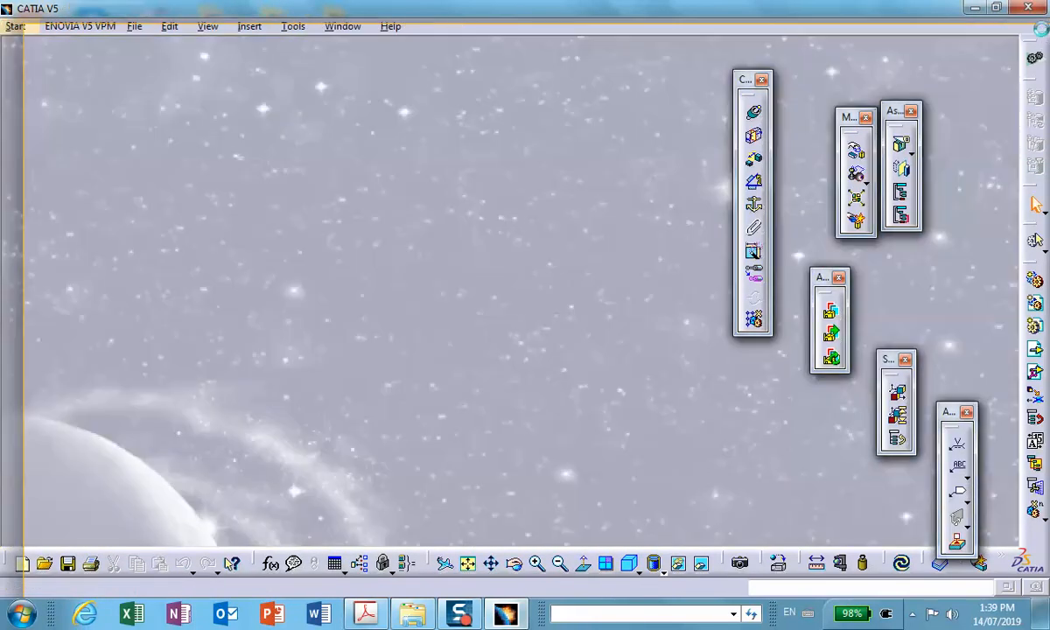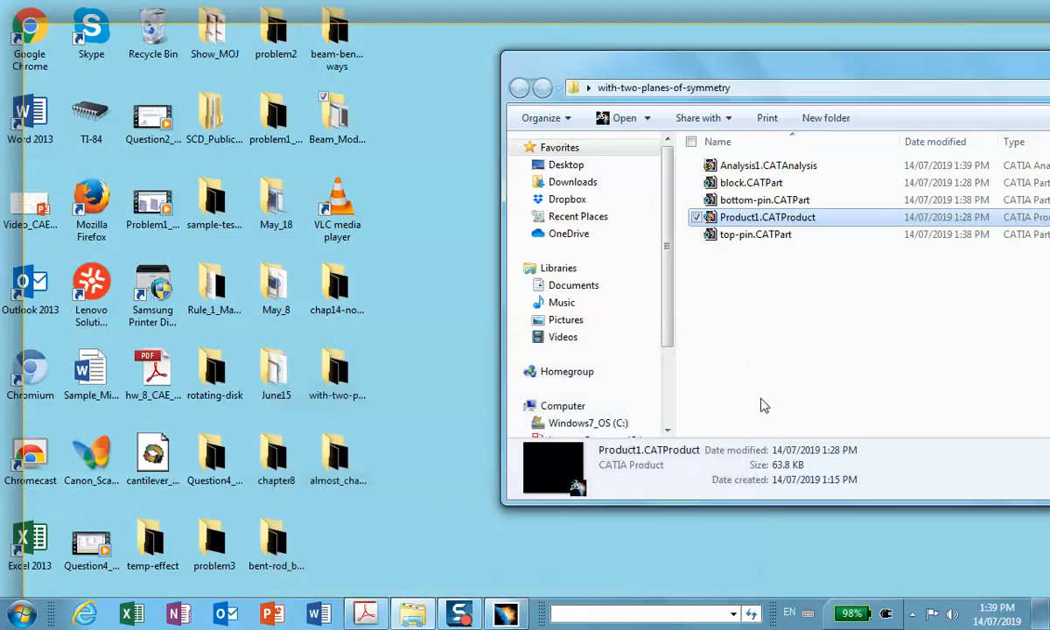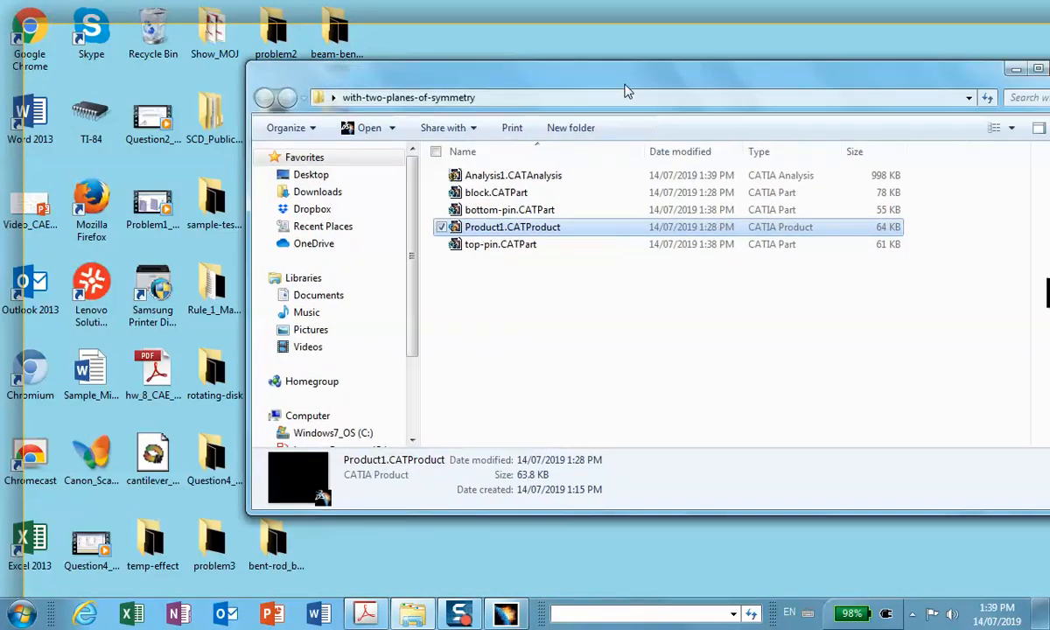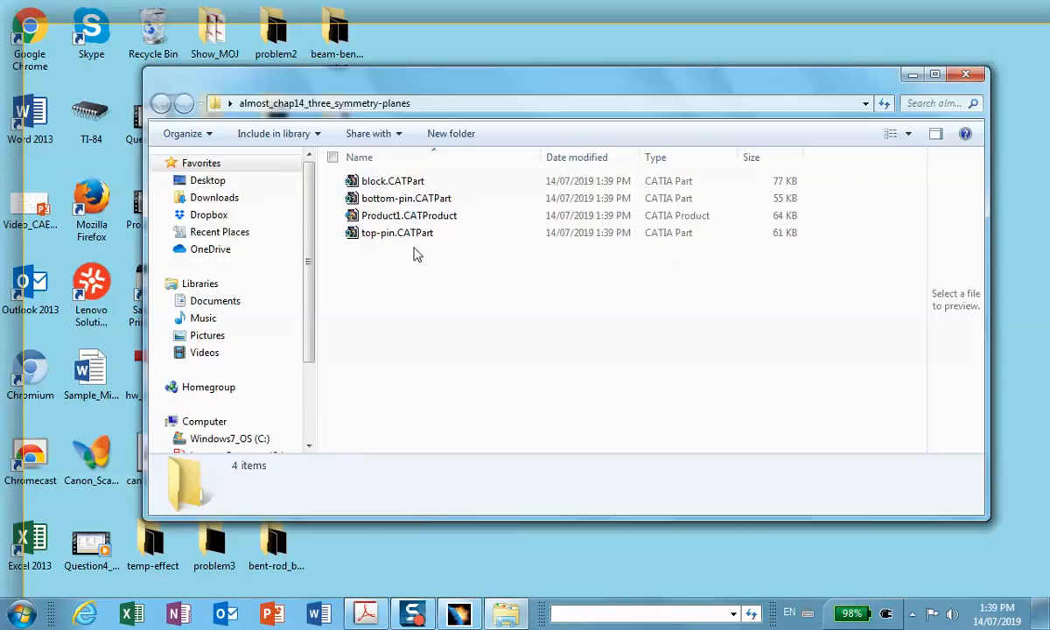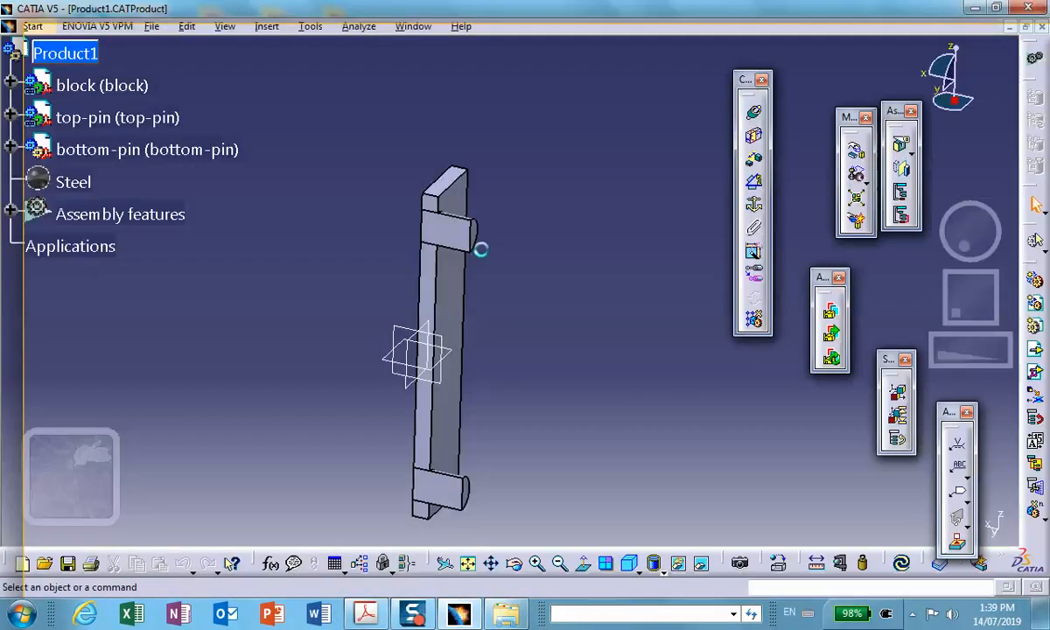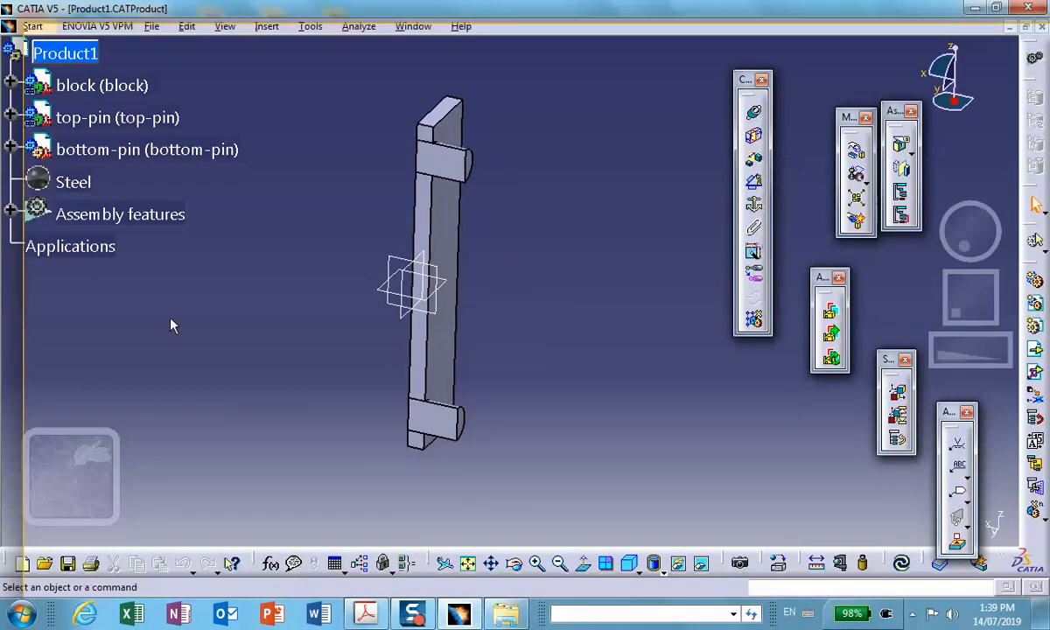So let me delete these things, and let me go to the folder that I just created. It was called almost Chapter 14, right there. And if I open the product, it's going to be this, and now I can cut it without affecting the earlier problem. So I'm going to